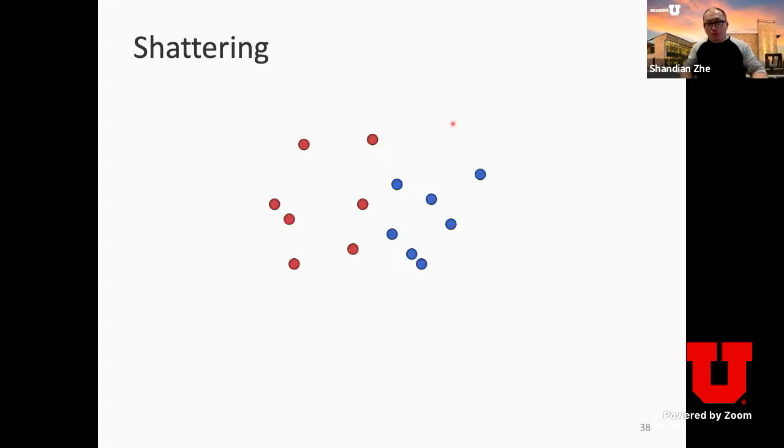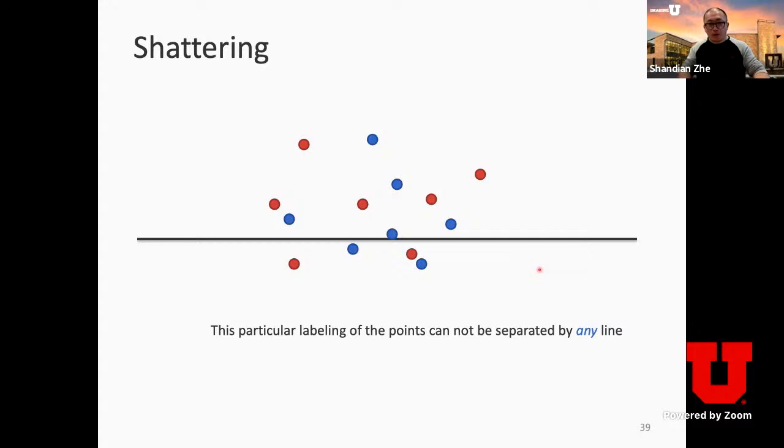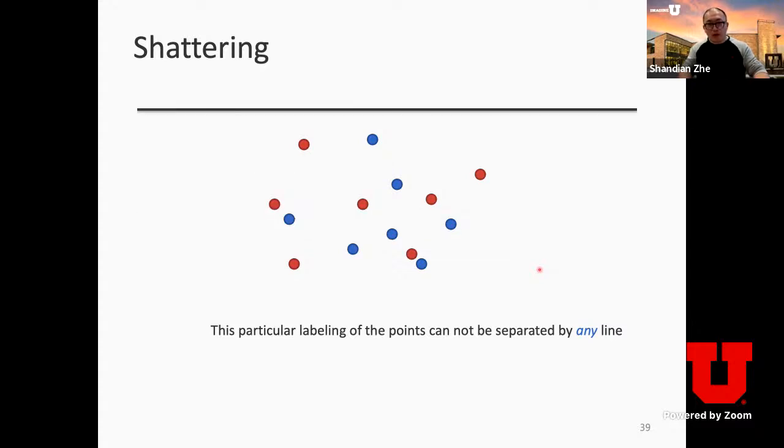So for this simple case, if you have a left portion of these points labeled as positive and the other labeled as negative, yeah, you do have some line which can separate them out. However, if you have points kind of mixed, mingled, it's 14 points, no matter how much effort you make, you will not be able to find a line to separate all the positive, all the blue points from the red points. You can try this, you can try this, you can try this.